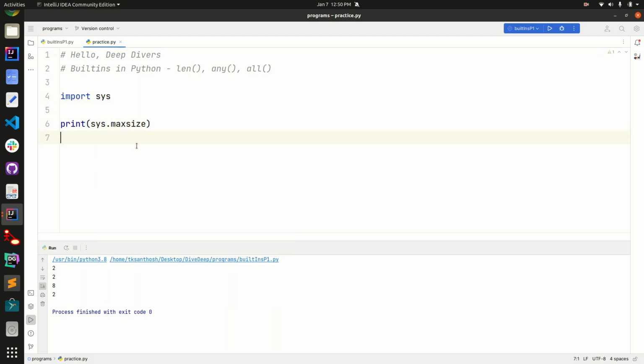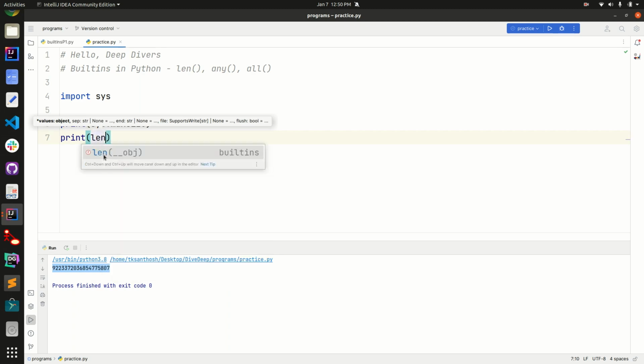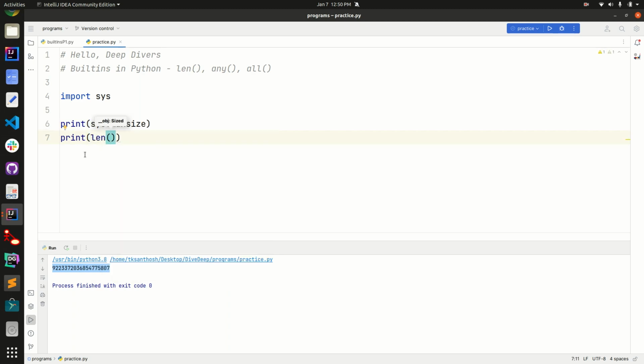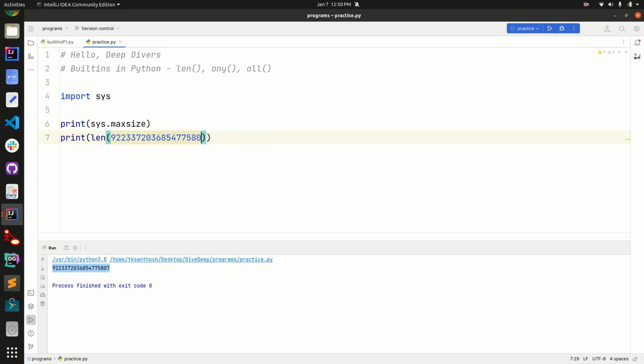It will return the max size of your system. It returns this, and I'm going to copy this and print len of this number. I'm going to add 1 to it.